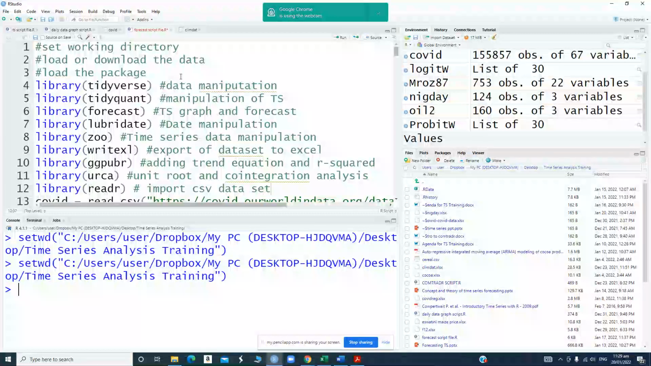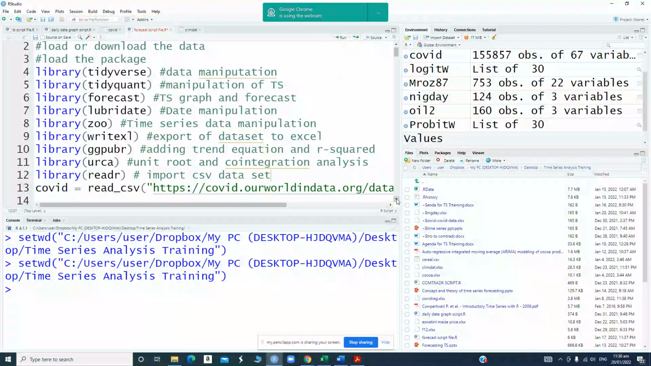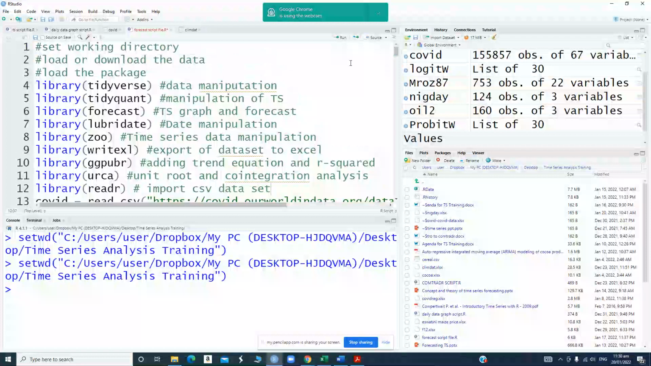R has so many packages. I think by now it should be up to 10,000 or more. So when we are learning R, we are actually learning packages that are relevant to our discipline most of the time. There are some packages that are very relevant to time series analysis. Some of the packages that we shall use in the course of this training include tidyverse to manipulate our data sets,